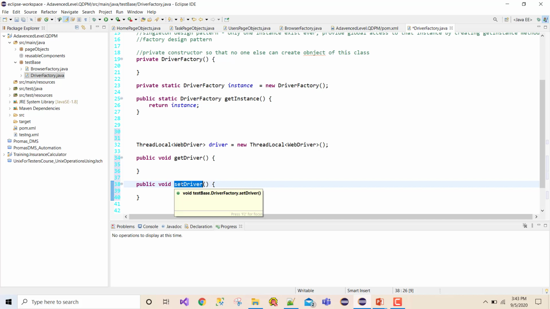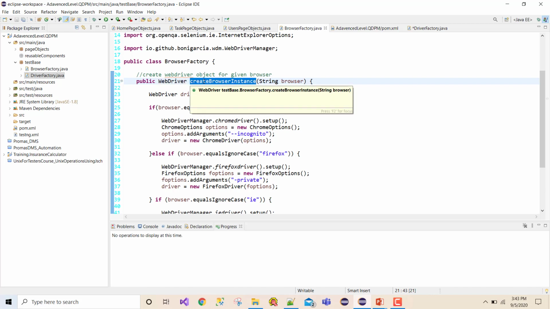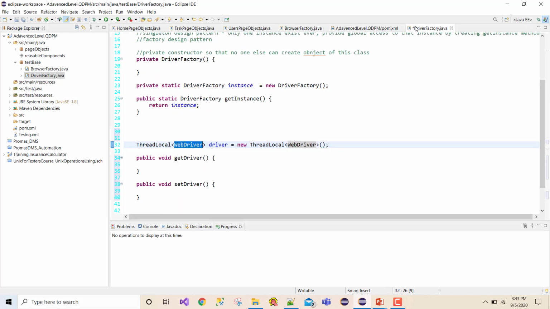And what I'm going to set in this ThreadLocal is the WebDriver. From where am I going to get the WebDriver? I'm going to get the WebDriver from this CreateBrowserInstance class. Under this particular set method, I want to set the current thread's copy of this ThreadLocal variable with a specific value. When I say value, that is a WebDriver reference, right? So what happened?